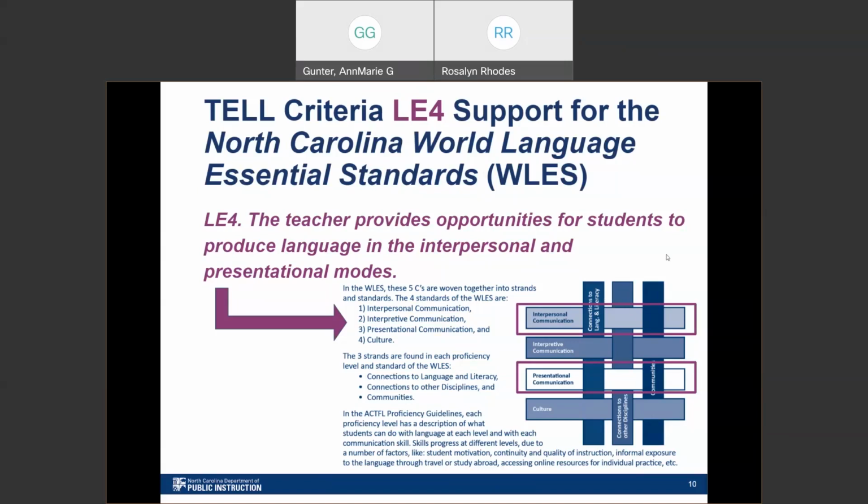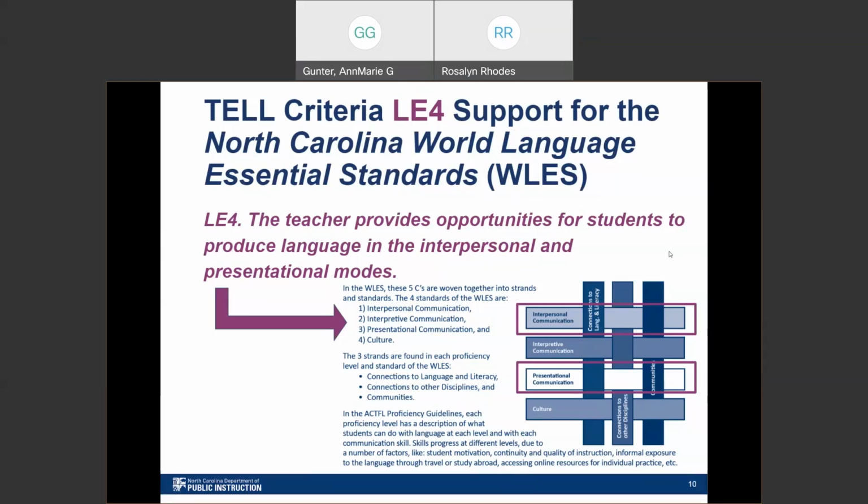They're administrator guides for world languages, and so you're encouraged to share them with your administrator, whether that's your principal, an assistant principal, or someone else who might be, for example, doing a walkthrough in your classroom or observing you to evaluate you. Because this administrator guide is designed to help that person understand what our world language essential standards look like, and how they should be implemented in the classroom.